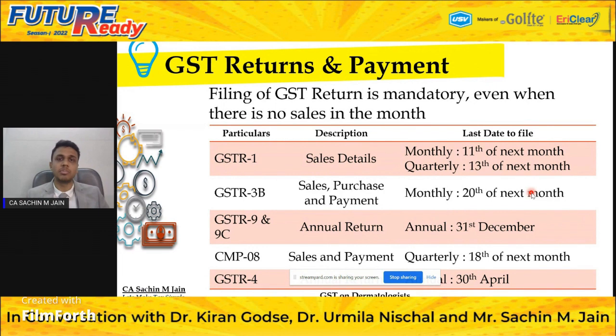So here is a summary of what payments and return filings need to be done by every taxpayer who is registered under the GST. There are two main forms which need to be complied with: GSTR1 and GSTR3B. GSTR1 is the sales detail, which needs to be reported by the 11th of the next month, and GSTR3B needs to be made by the 20th of the next month. And for the composition dealer, all taxpayers under the composition scheme need to make the payments on a quarterly basis by the 18th of the next month, and fill a single form on a yearly basis, GSTR4.